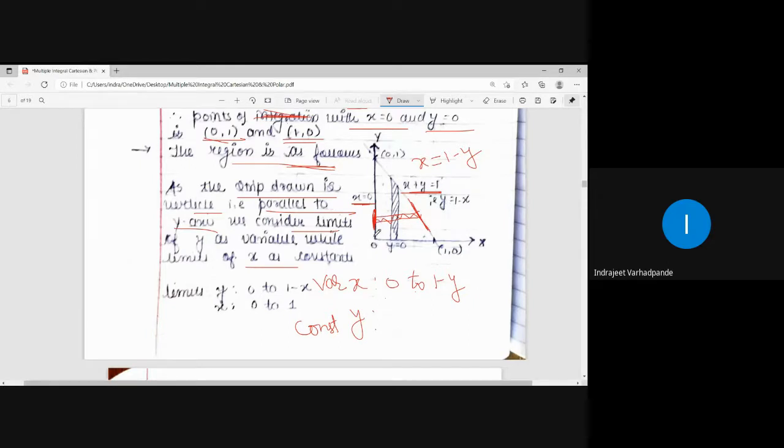Now slide this particular strip from this base. Sliding from the base, it will go up to this point. At the base, what is the value of y? y is equal to 0. Sliding up to this point, what is the value of y at this point? 1. So if anybody wishes to draw the horizontal strip parallel to the x-axis, what will be the nature of the limits? x moving from 0 to 1 minus y, y from 0 to 1,